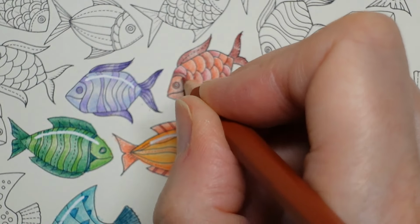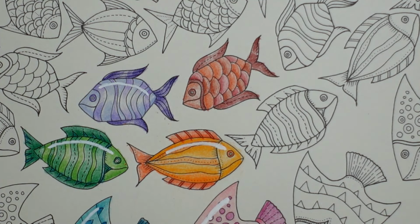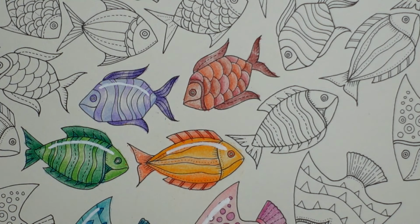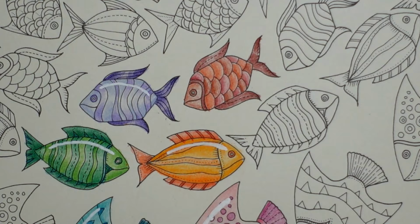Oh, I feel like I'm going to sneeze. Hopefully not. Okay, so there is our fish. Now, this one looks quite different in that the others are all coloured so that they look shaped in a rounded type fishy shape, for want of a better description. But this one can't be because of the way we've done all these scales. So I'm going to just use my pen right over the...